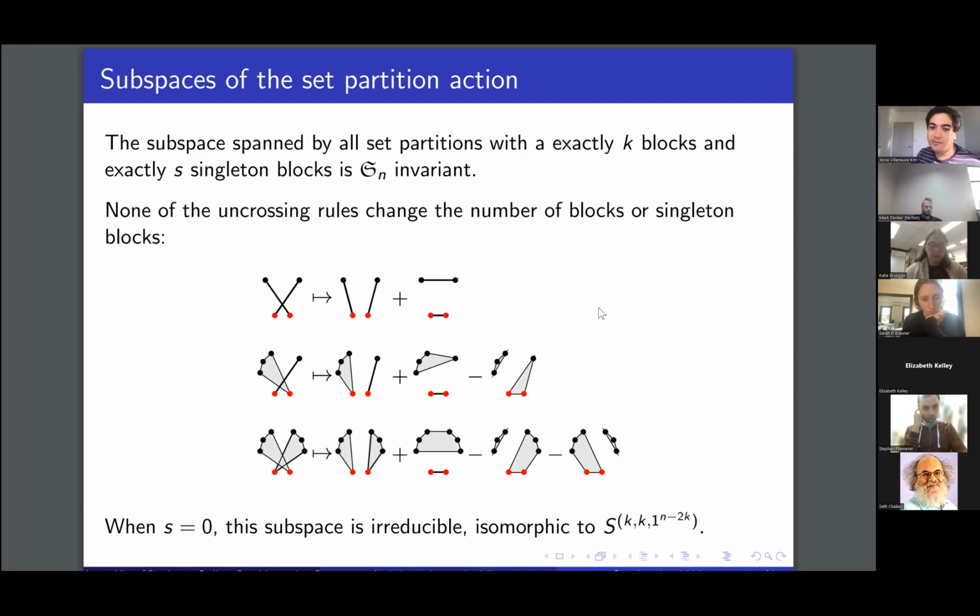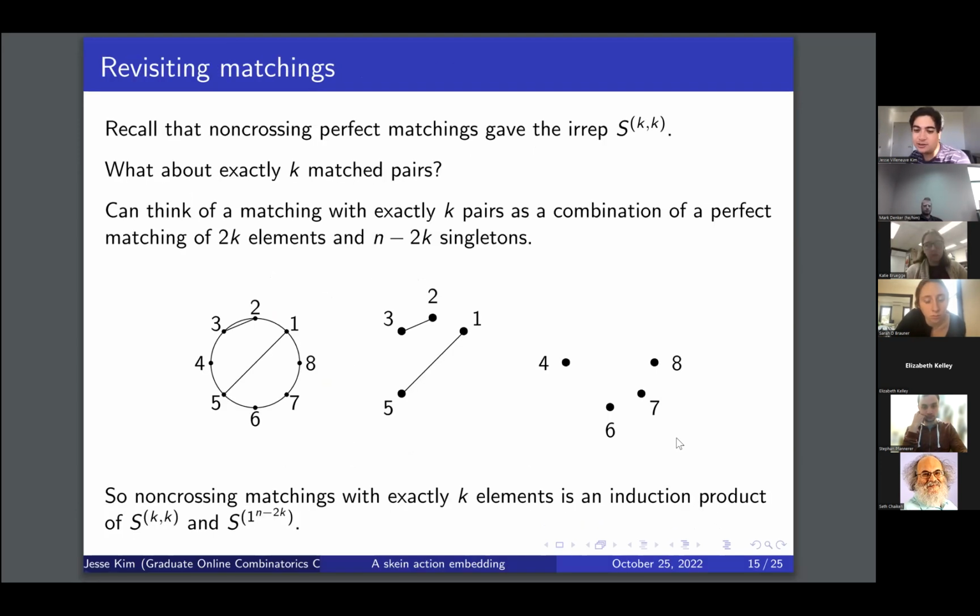So when you think about set partitions without any singleton blocks, so the number of singleton blocks is 0, you actually get an irreducible subspace. And it turns out it's isomorphic to the Specht module, where you have 2 rows of length k, and then a bunch of 1s to fill in the rest. And k here is the number of blocks in your set partition. So that looks pretty similar to the Specht module that we had for matchings. I'll remind you that was just 2 rows of the same length. So we've got 2 rows and we've got a bunch of extra 1s. So it turns out that we can actually add on all these extra 1s